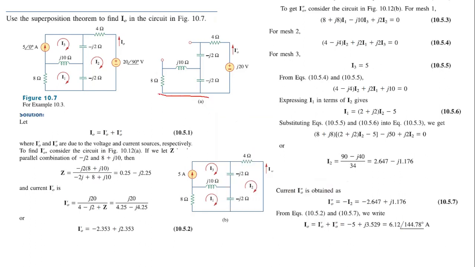So we are just considering this part, which has an equivalent impedance of Z. So that is what is found out here: 8 plus j10 in parallel with minus j2 ohms. The equivalent is considered as Z. Now this Z, minus j2 ohms here and this 4 ohms here, all these are in series. So everything added up together will give you the total value of Z.